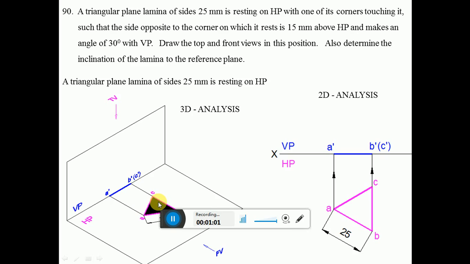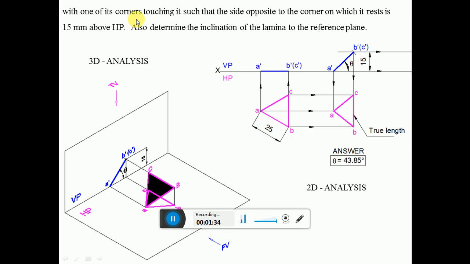When you take it into the 2D analysis, that means when you rotate this by 90 degrees, obviously this is the sketch you are going to get. Here BC is the side which is perpendicular to VP, so you are getting a side here, and opposite to this is a corner which is a single point. This is a triangle of 25 mm side, wherein it is parallel to HP. So I am getting the true shape. Since it is perpendicular to VP, I am getting a line here.